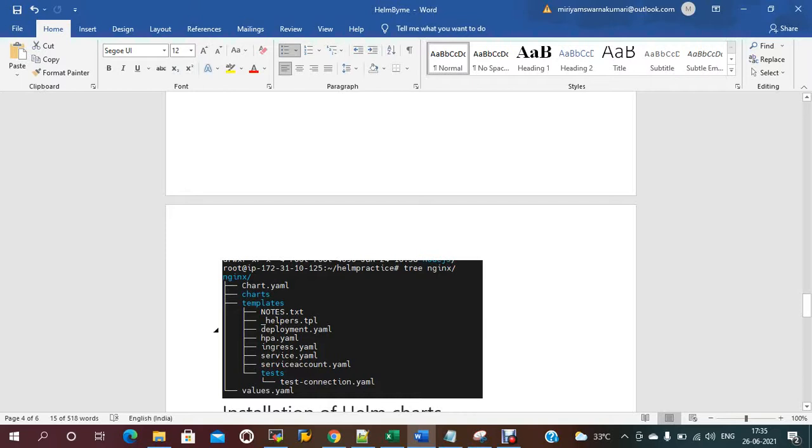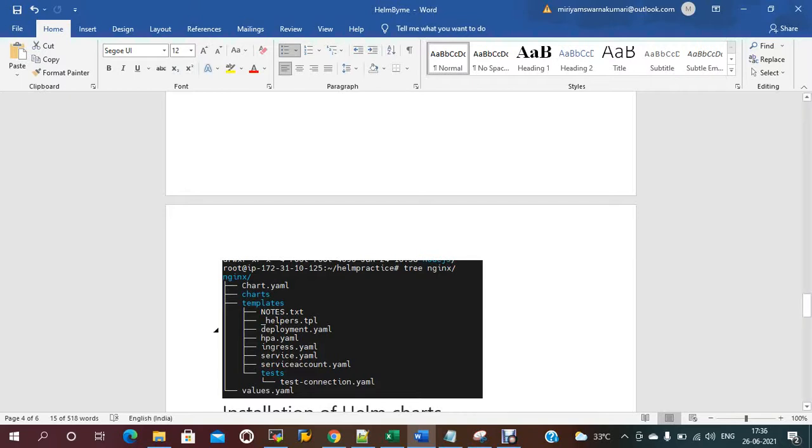See, in Kubernetes, if we want to deploy Nginx, we need to write a deployment file and a service file, ingress. All these files we have to apply with kubectl apply. If you want to access that Nginx from outside, we need to create a service file like a load balancer or node port. So all these files we need.